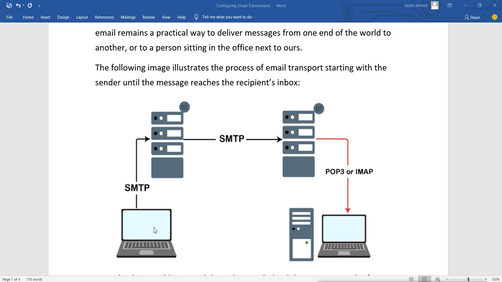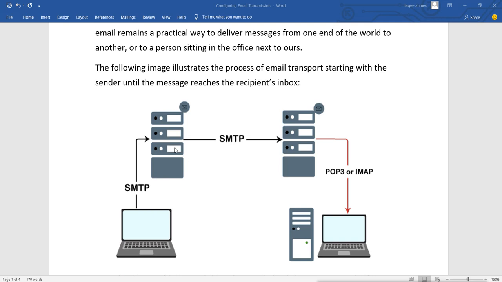User 1 sends the mail and it goes to the mail server, using the SMTP protocol. When the server receives the mail, it stores it in the mailbox of that user. So the mail is stored in user 2's mailbox.